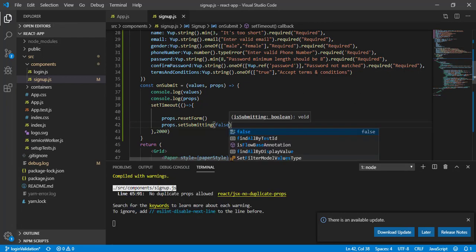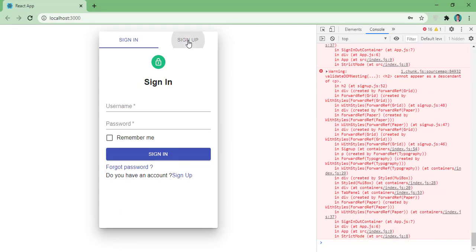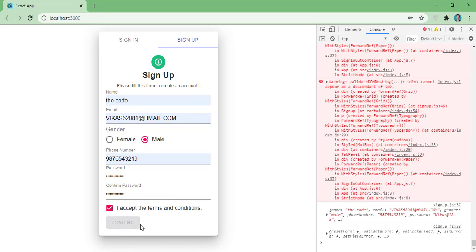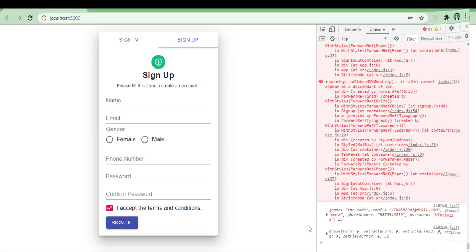Now save it. Let's come to the UI, go here, fill the form. Once I hit enter, you can see this is disabled and the form got cleared, and once again this button got enabled back. And this form got submitted.